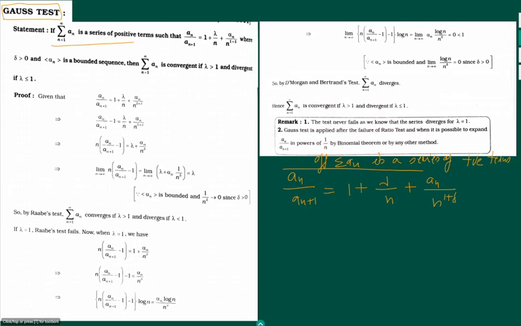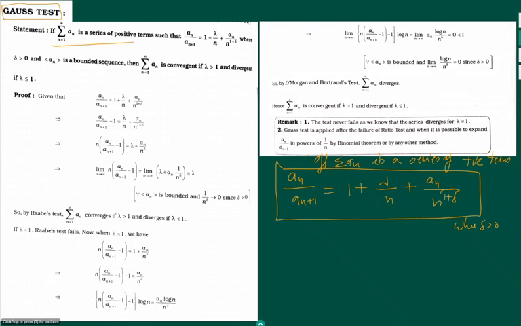If you can write an over an plus 1 in this form,